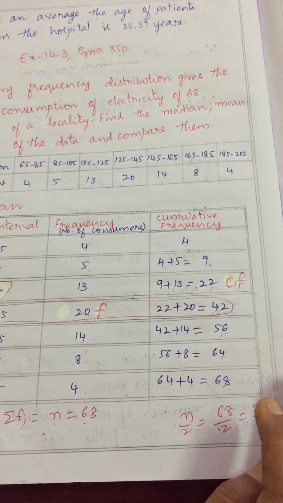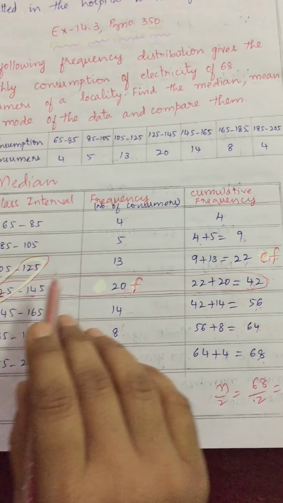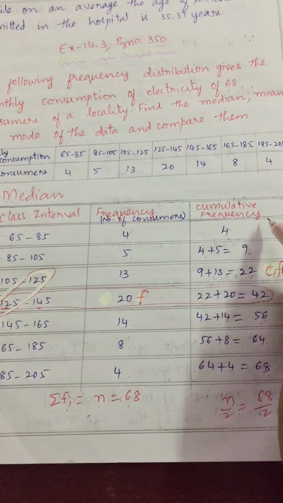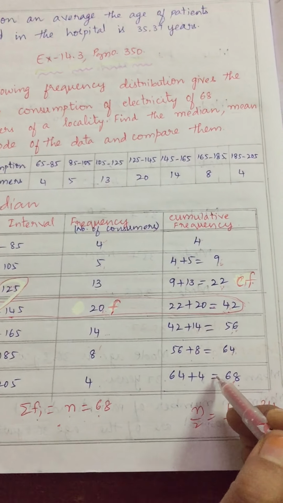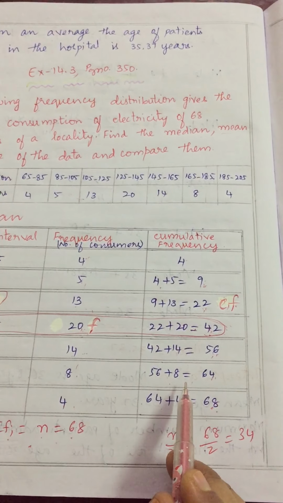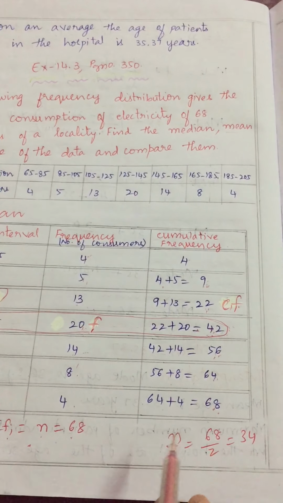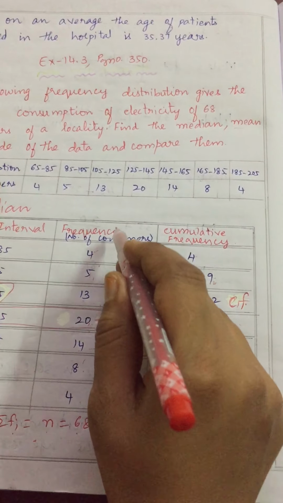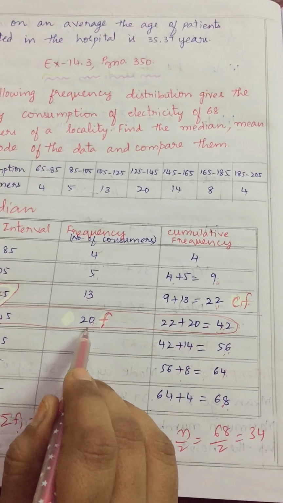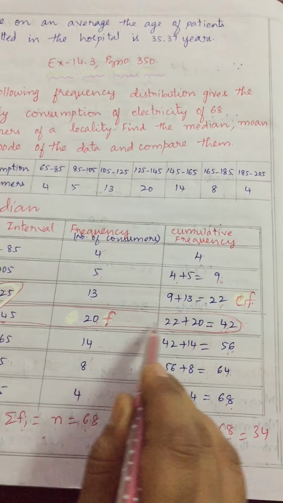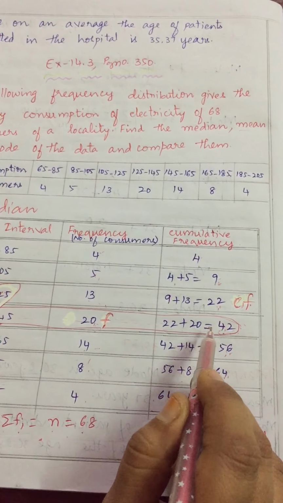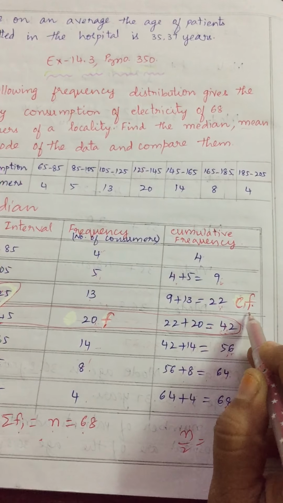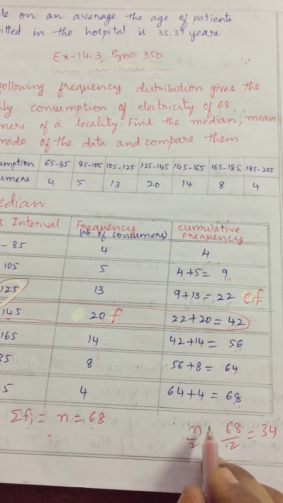Am I confusing you? Again I will tell you. See, in median we need to write two columns, already given. We need to prepare one more column, that is nothing but cumulative frequency. Already I have shown you how to find the cumulative frequency. Now the thing is how to find CF and F. Are you getting my point? So in the frequency column, select the highest number as F. In the same row, in cumulative frequency, go to the above row, that is nothing but the CF value. Clear children? Or you can go by the n by 2 method.